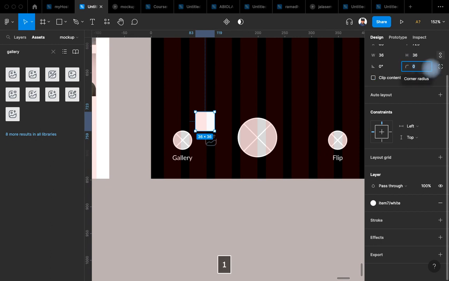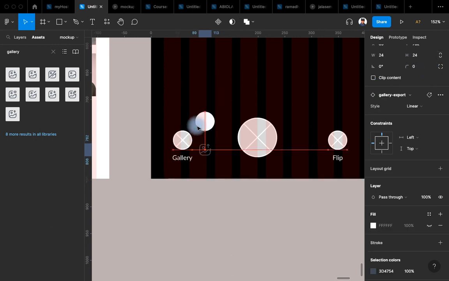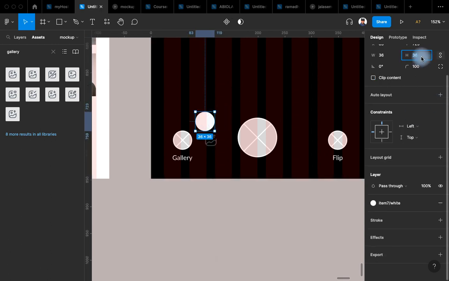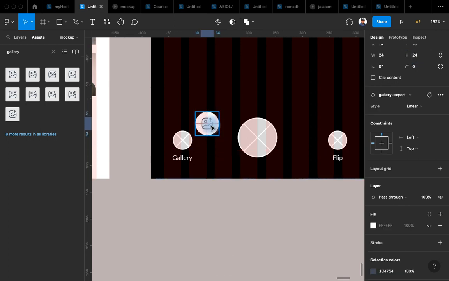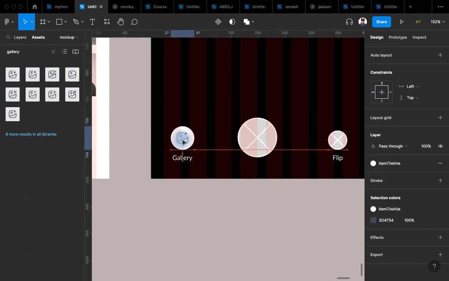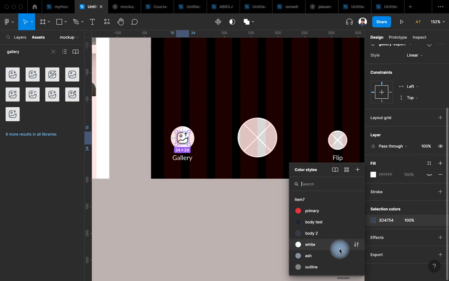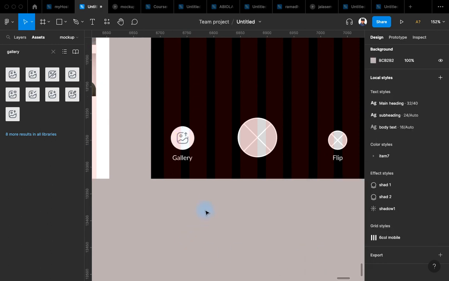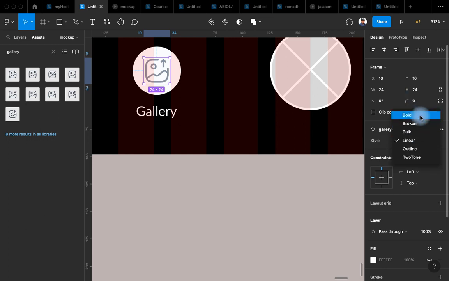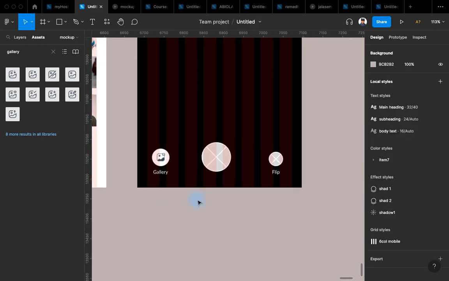I'm going to give it 100 also. Move this inside. Let's increase this to 44. So I'll place the icon inside the gallery icon, and I'll move it here. So this will be our ash, and we'll have to change it from this to solid, or the bold,